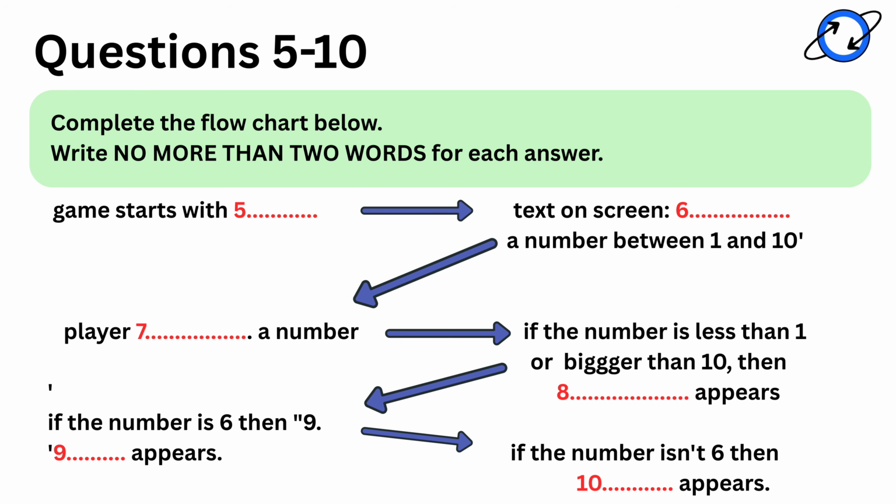Well, all that's saying is that the person playing types in a number. Input is the basic command for type in, and I just means any number you like. Oh, okay. Then what happens next depends on what the number is. So we've got 40: if I is less than 1, or if I is greater than 10, then print "Bad choice". Right, so if they type, say, 0 or 11, that appears on the screen.